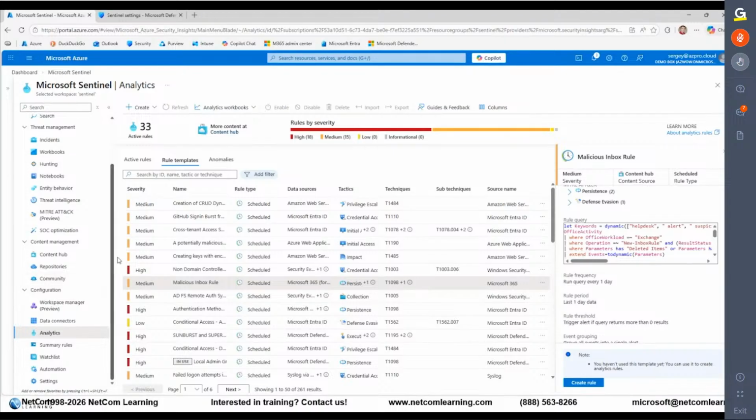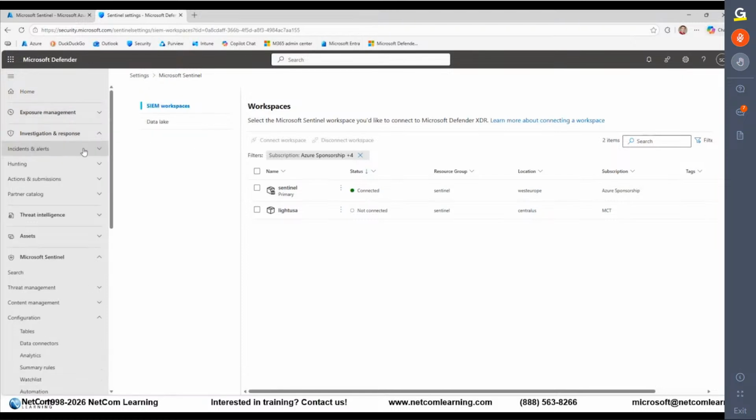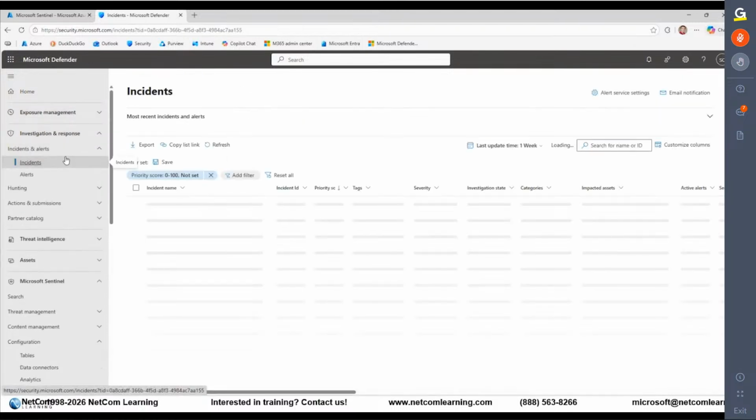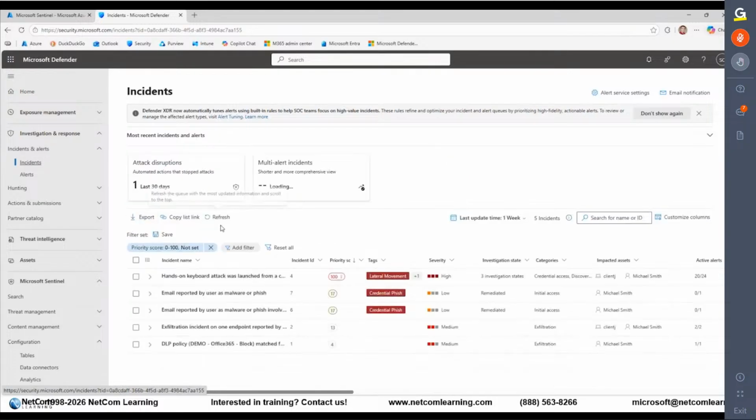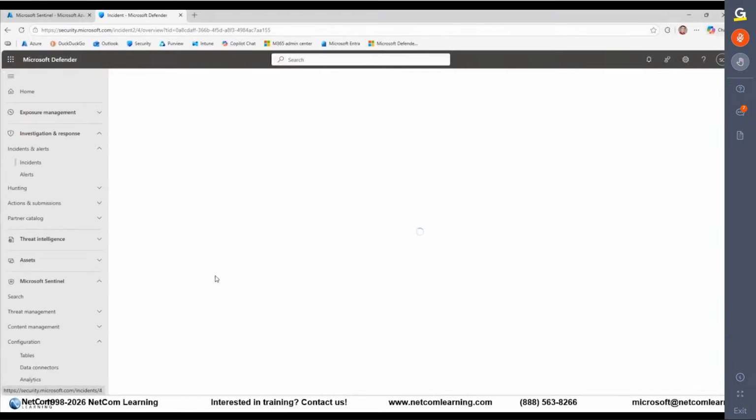After I get alerts, I can investigate them. And for investigation, we use XDR. Let me go back to XDR. Even if I don't see Sentinel at this point, I can still show you the investigation experience. I can click on my incidents. Here I have a couple of incidents. They generate some of those even today. So for example, here's the incident called hands-on keyboard attack was launched. And if I click on that,